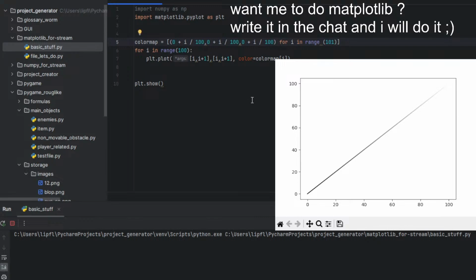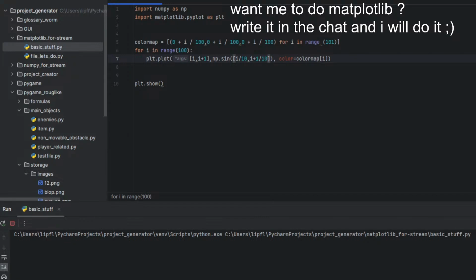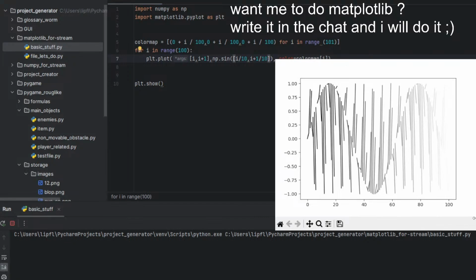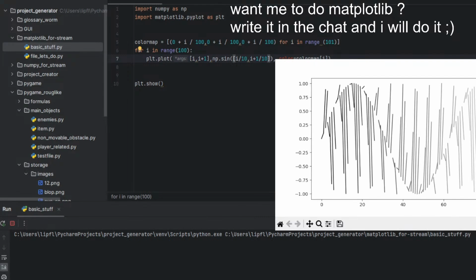Now let's do it more interesting. np.sin of, and let's do it divided by 10. This looks cool. Still interesting.